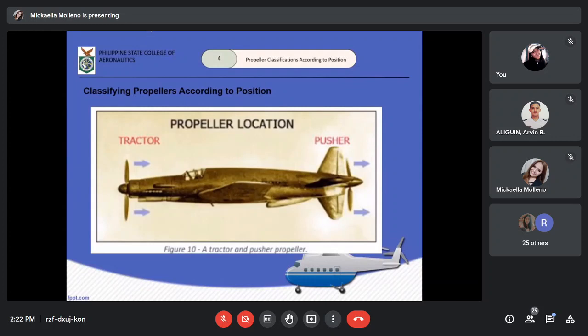Which is better? Of course, as I've told you before, ginagamit siya sa seaplane. So, ayun na. Propeller to water, pusher. As mentioned kanina, ginagamit nga siya sa seaplanes. Take note nyo. So, syempre, bakit? Kasi kailangan natin mag-maintain ng enough clearance from the water and the propeller itself. And since nasa dulo yung propeller natin for the pusher type, it is better.